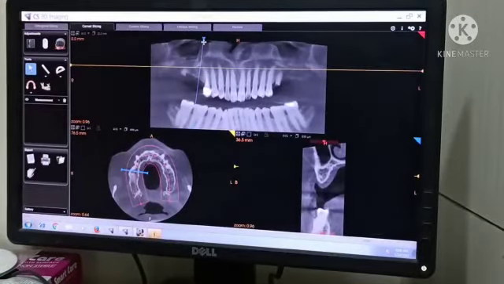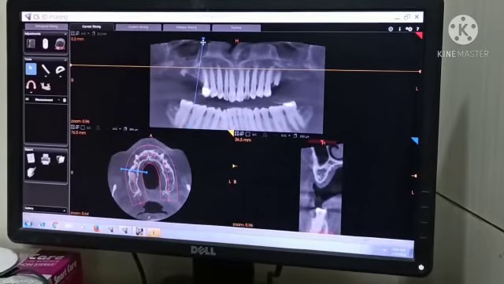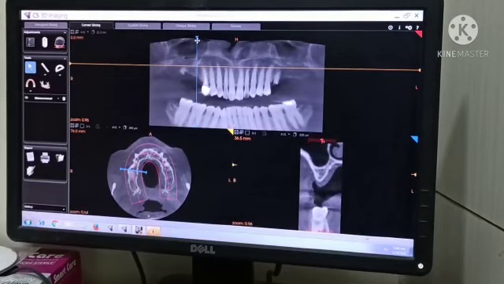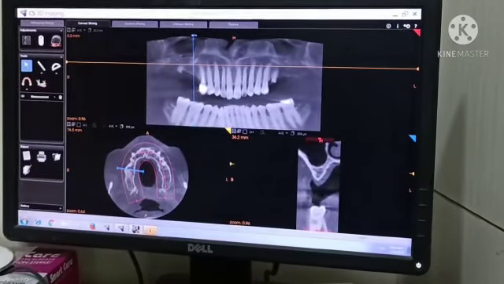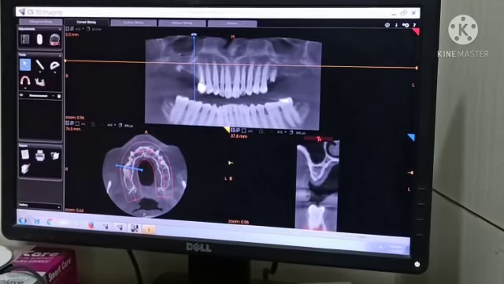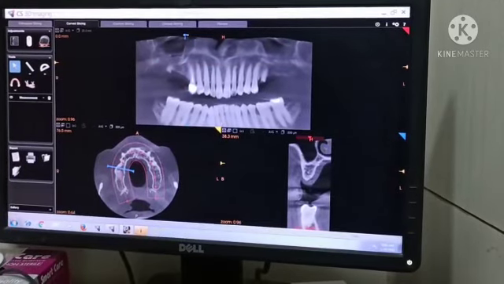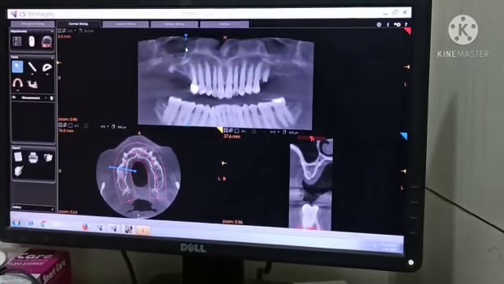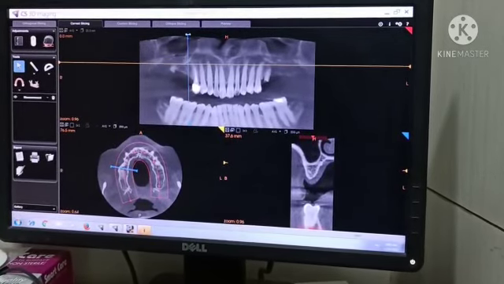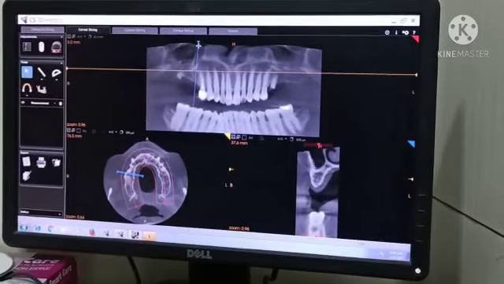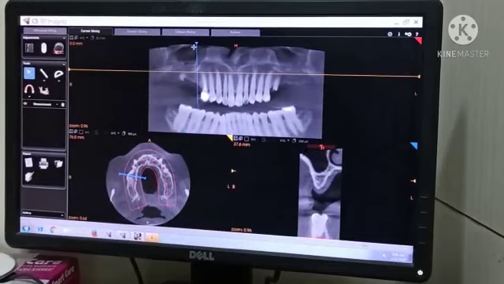But if I am angulating mesially, I have to bend, which is risky, right? So I won't do bend. I will try to avoid bending here because it may crack the bone. So I will place the implant straight. I don't want to bend and disturb the bone here because it is very short length, okay. So I will place a straight implant and I will avoid bending, okay. So unnecessarily we should not try to do bending. Yes, not much bone also, okay.